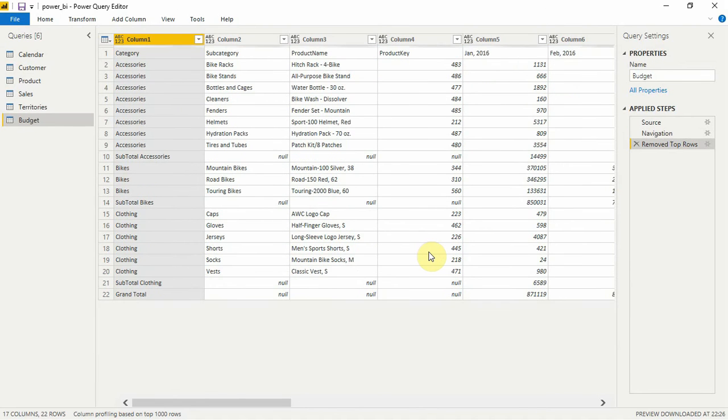So this is the power of Power BI. It automates things for us. Okay, so we wanted the header rows to be removed, and it removed the header rows. And you know your steps are being recorded here. Okay, so removed rows and it's written remove top rows. So this is actually good. You are recording what you are doing. So if you come after 6 months and you want to see, okay, how did I transform this data, or you want to see someone else doing the transformation of data, you'll now know how you did it because these steps are recorded. All right, so it's pretty cool here.